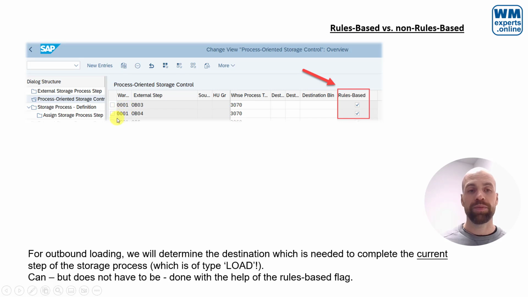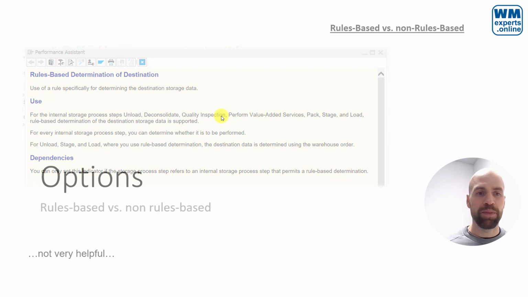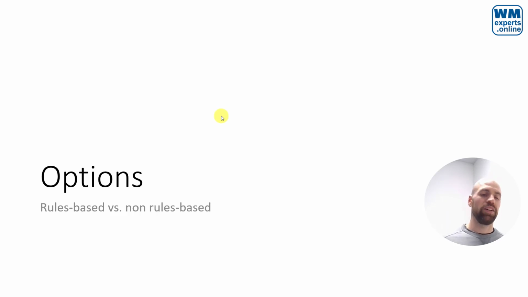So here, in this example from EWM standard best practice, we have OB04 being the loading step, and this record here is then used to define the destination for this loading step. And this can be done rules-based or non-rules-based, and as usual, the help text here, which you can call based on the F4 button, does not really help you. I will skip that. You can pause the video, read through it. You will not be smarter than before, but feel free to do that. I decided that it would not be very helpful for us, so we skip it